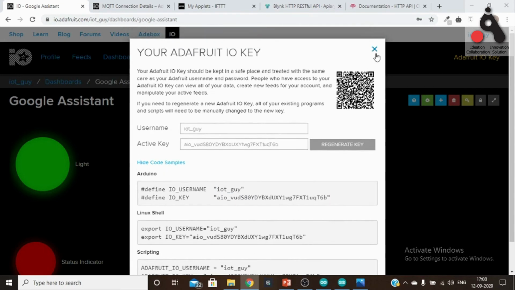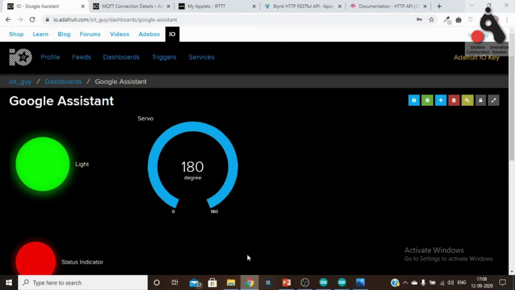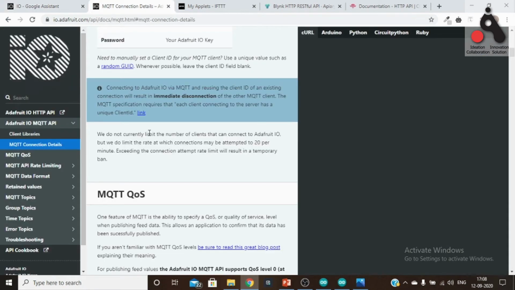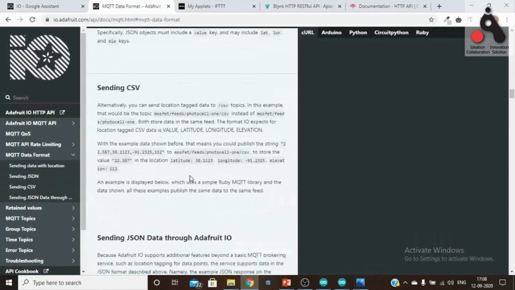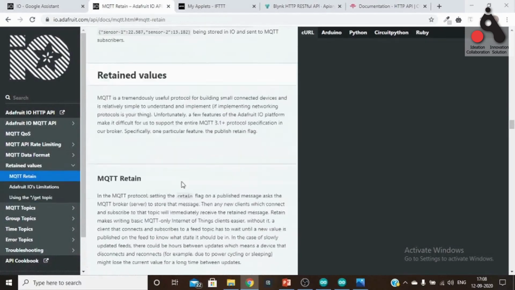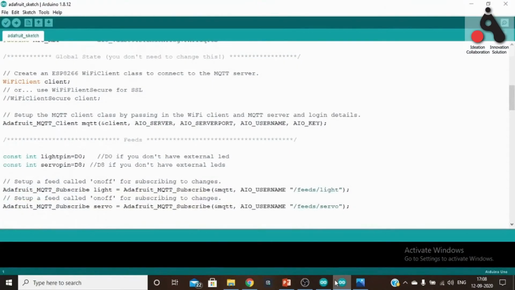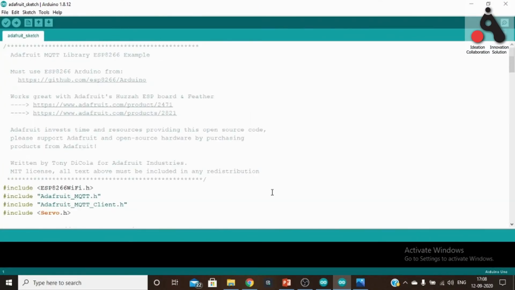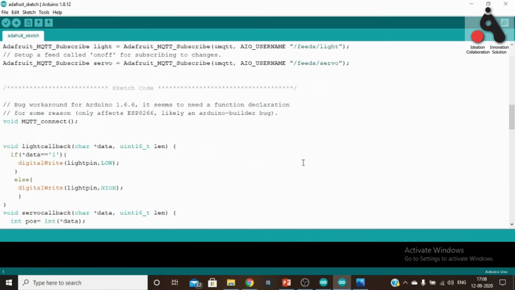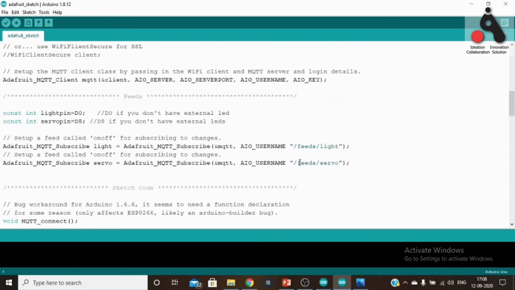Fine. So you need to read the documentation so that you can know which is the topic and how you subscribe to it. And if you are using this sketch, which I am also sharing, you don't need to worry about these things. You can see right here that the topic is feed/light, feed/servo.